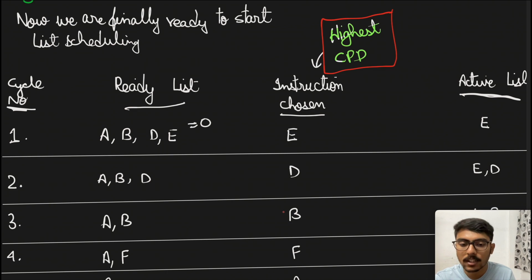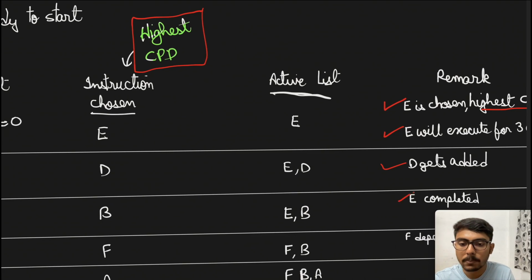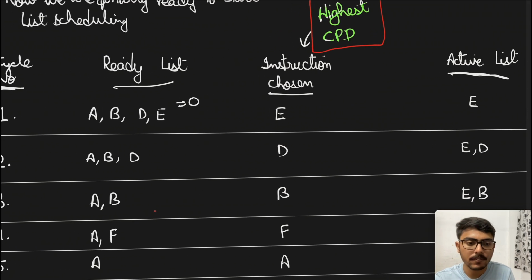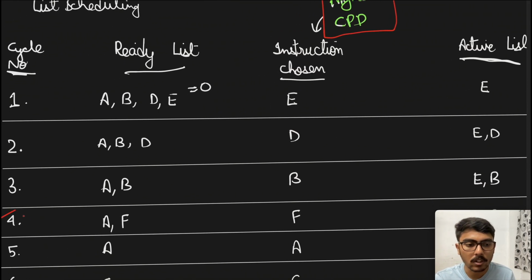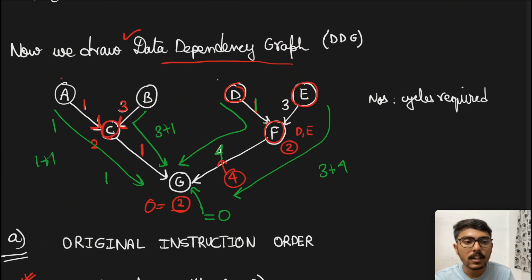B is next in line with the dependency CPD, so B will have that, and D will execute in 1 cycle itself, so then we will be having B. So E will be completed in this term, and from next cycle we will have cycle number 4. So in cycle number 4, F will come, because we have executed E,